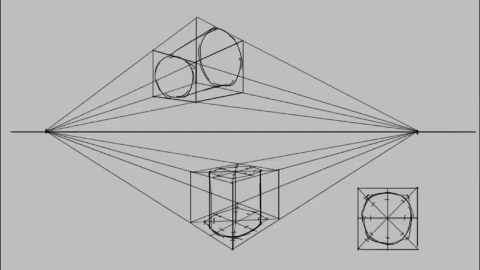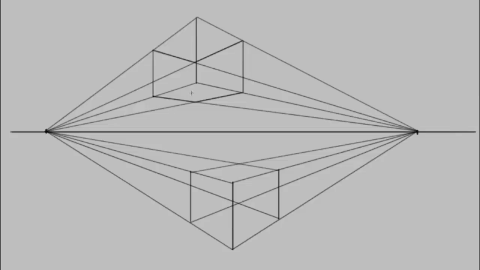And the same thing can be said with a sphere. All I have to do is make sure that it stays within the confines of it, and this is how to draw a sphere in perspective. It's very simple. And if I want to draw any shape, if I put a strange shape here, like let's do this,